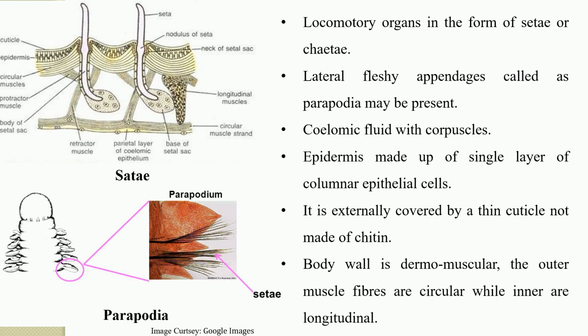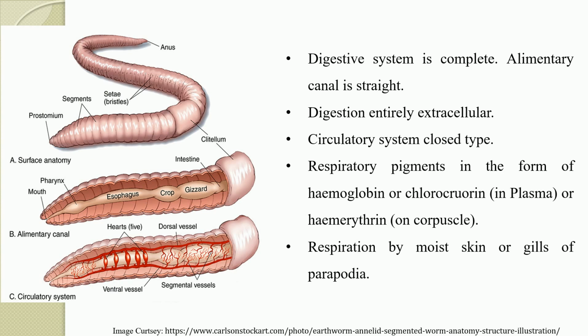Now the digestive system. The digestive system is a complete type. Now what exactly is the complete type? It means it contains almost all the organs belonging to the alimentary canal, such as the mouth, then the mouth leads into the pharynx, then the pharynx leads into the esophagus, then crop, gizzard and intestine, and finally it opens out by the anus. So in this way, if you see the alimentary canal, it is a very straight canal, and a complete one,